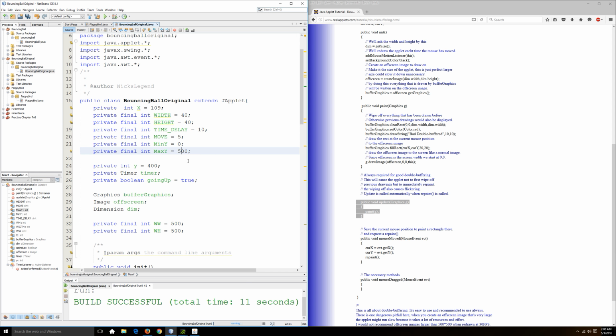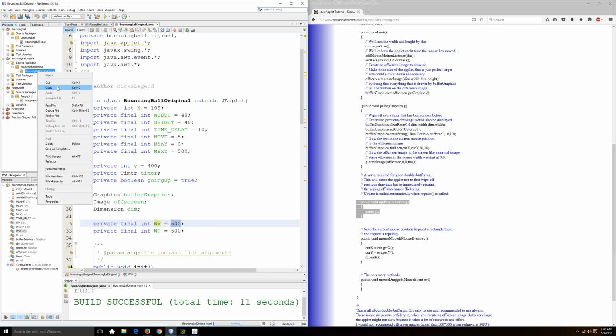Now, the bad thing is, it's based on these constants. If I were to change this to 600, then it changes my program as well. For now, I'm just going to leave them as 500. And another little tricky thing is that if you have it as 500 and you run it,